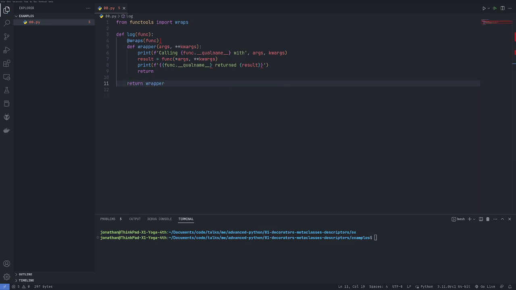So, notice wraps on line, what is it here? Line 4. So this is a decorator that's built into Python, and that's quite useful because the problem with decorators sometimes is it can be difficult to trace them through. Here we're creating another function and returning it. So what you'll find is if we